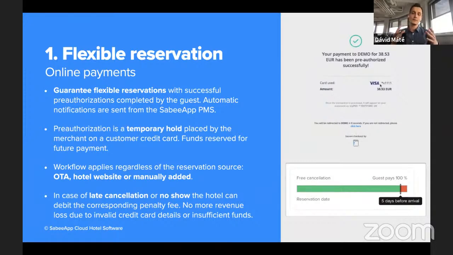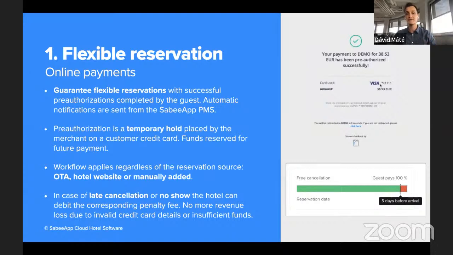And with this guarantee that we have, in case there is a late cancellation or a no-show, we can charge this corresponding penalty fee through this pre-authorization